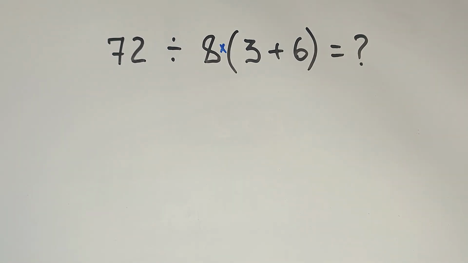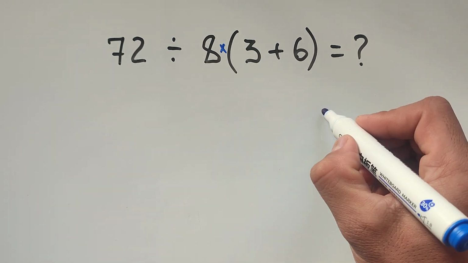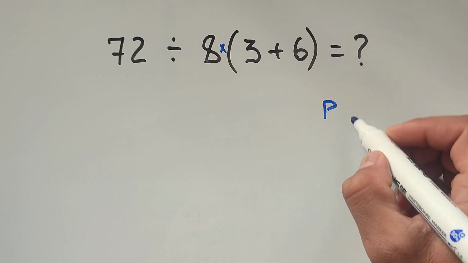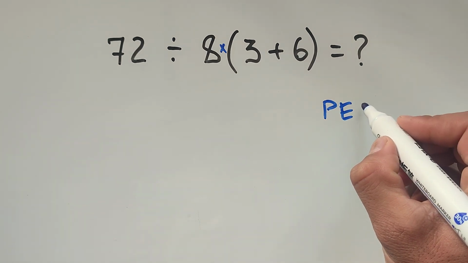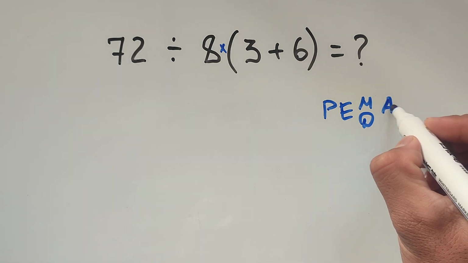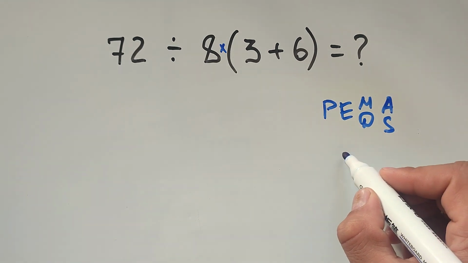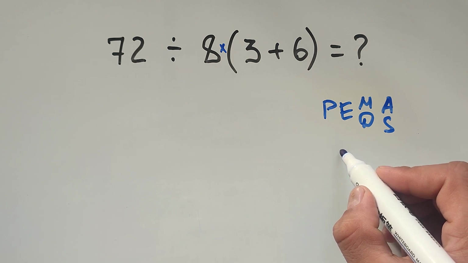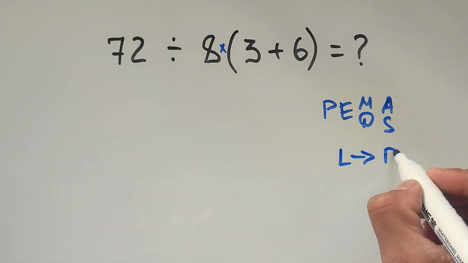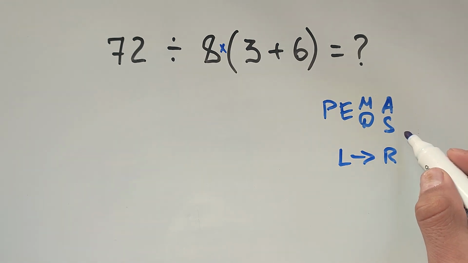according to the order of operations, first we have to begin to work inside the parentheses, after that exponents, and then multiplication or division, and finally addition and subtraction. Multiplication and division have equal priority, that's why we have to begin to work from the left to the right, and the same rule applies for addition and subtraction.